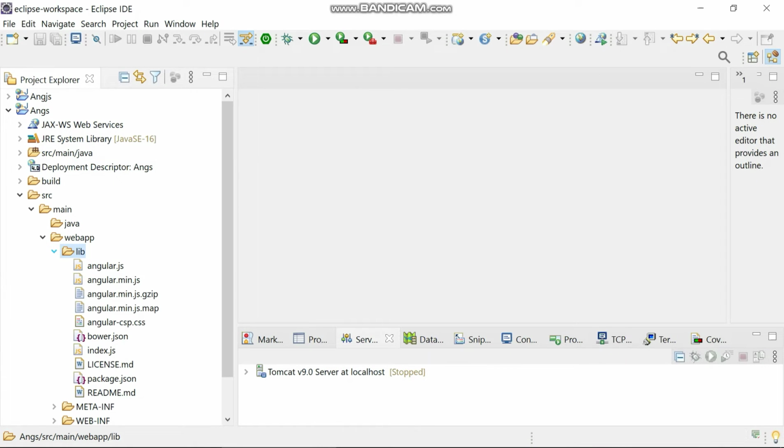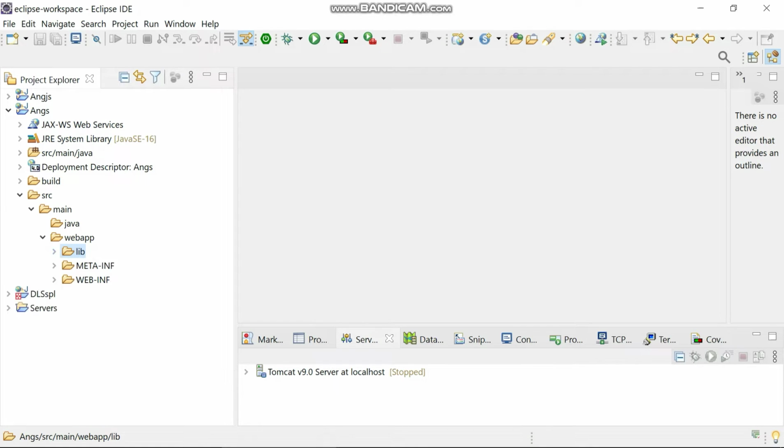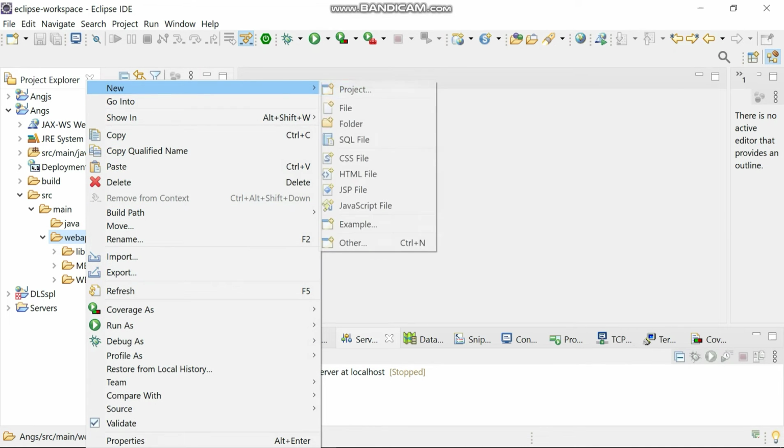Okay, now you can see all the files underneath the lib directory. Now what I am going to do, I'm going to create the HTML file underneath the web app. Okay, you can see the web app. Just right click on it, go to new and then HTML file.